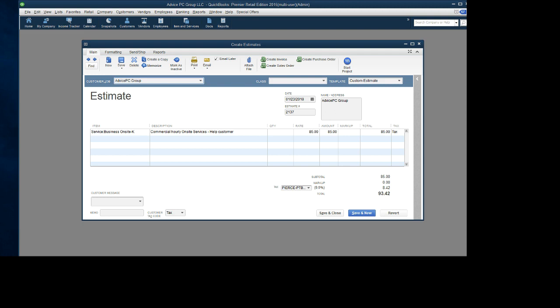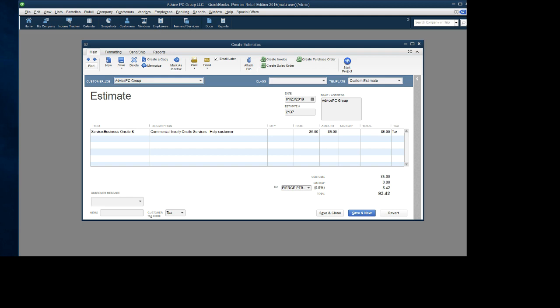I'm going to see if I can disconnect that again. Okay, I've actually disconnected Outlook from the actual program here. And now I'm going to try it one more time. Okay, so now at this point, because it's still doing the same thing, I have to make the assumption that